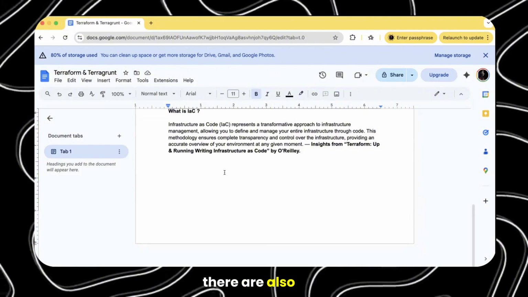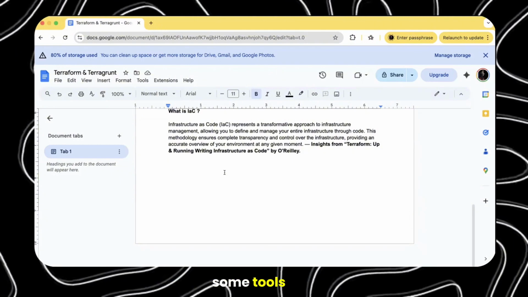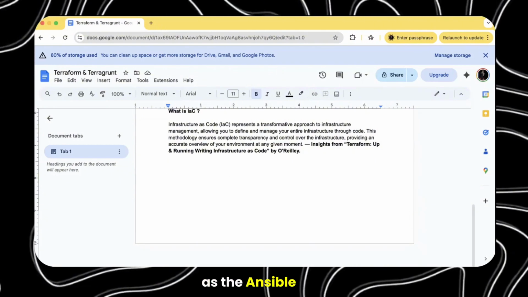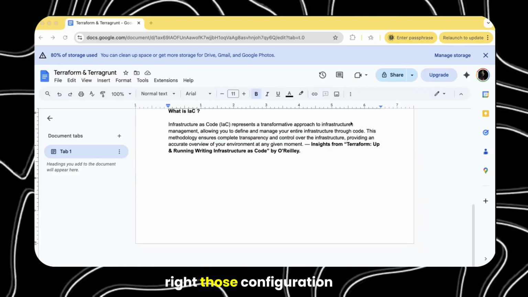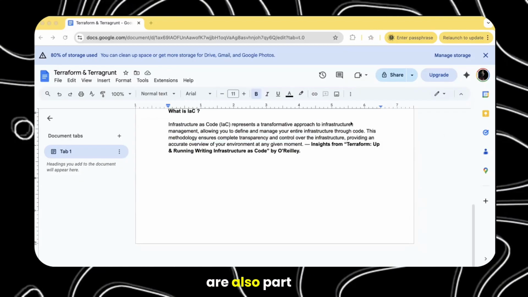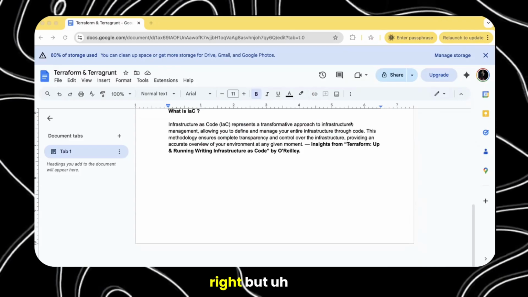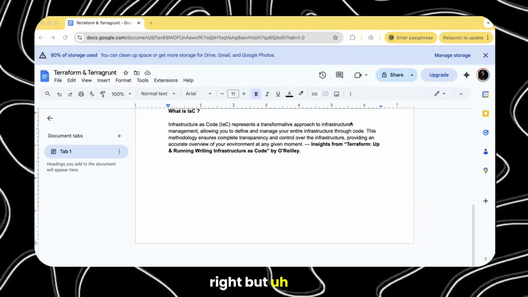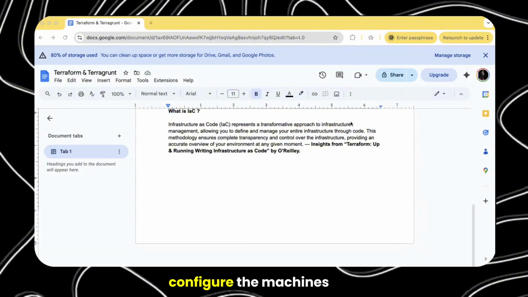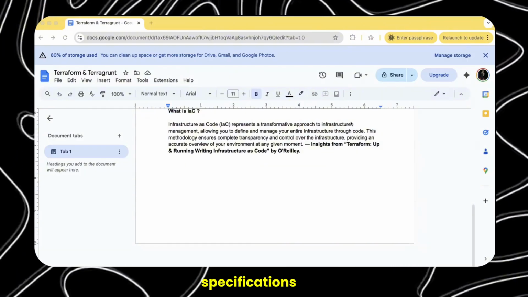There are also some tools known as Ansible, Chef, and Puppet. Those configuration management tools are also somewhere in the category of IaC tools, but they have to configure the machines to exact specifications.